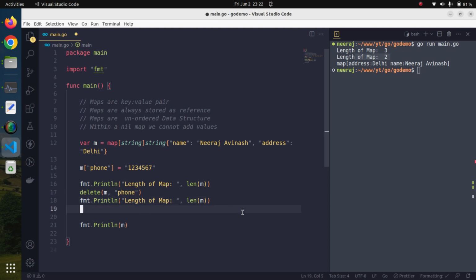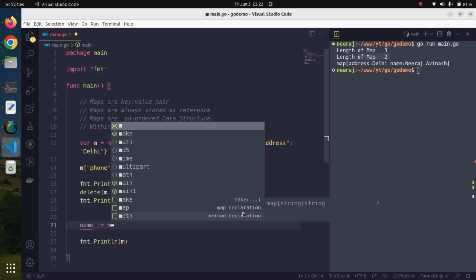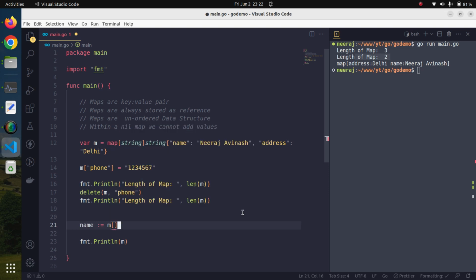Also we can check whether a key exists in our map or not, and we can extract any specific item from our map. So similarly, let's have name equal to, and our map variable name is m, and we have to specify the key we want to extract. So let us see, we want the value whatever the name key is having. So we will extract it, and now we can